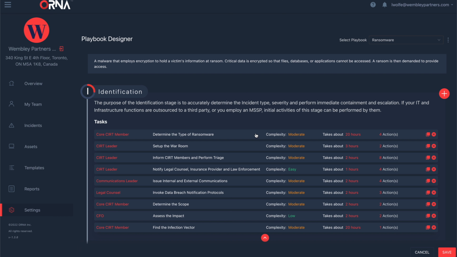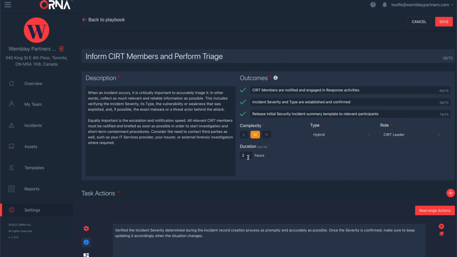And each of them has these tasks that get assigned to your team automatically based on their roles within your organization. And I'm not just talking about technical roles. We have tasks that get assigned and created for communications folks, for legal counsel, for CFO, for even third parties such as outsourced IT, or if you have an MSP, so managed security services provider, MSSP, right? So it's very, very holistic,